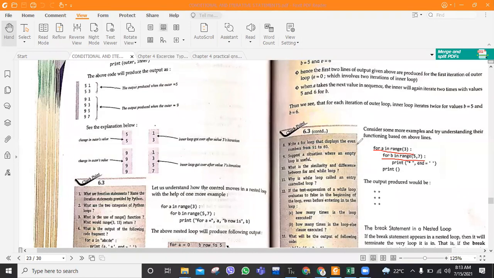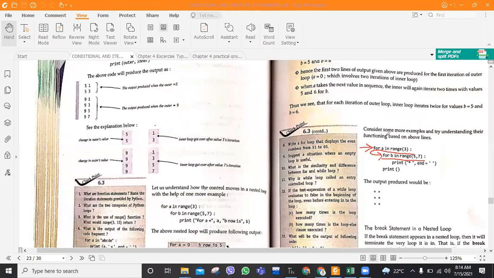Okay, so here, as you can see, there are two for loops. One of the for loops is inside of another for loop, inside the body of this for loop. So here, for A in range is one for loop, and inside its body, as you can see, indentation is maintained over here. So for B in range 5,7. So this means this is a nested for loop. So this is known as a nested condition.